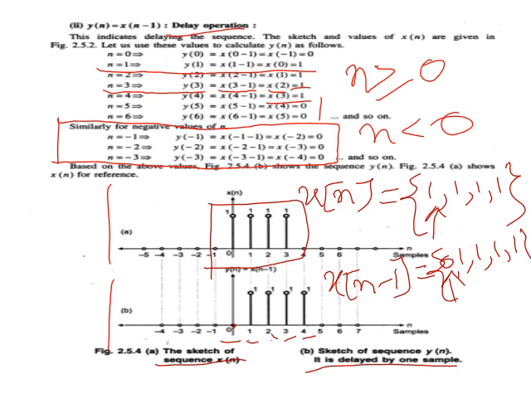Just in delay operation, what fundamental concept you have to remember, this factor is very important. If it is 2, how many times I will move the arrowhead backward? 2 times. If it is 3, then 3 times. If it is 1, then single time. Okay, so this is the delay operation. For the delay operation, the arrowhead should be moved backward depending on the value of the constant.